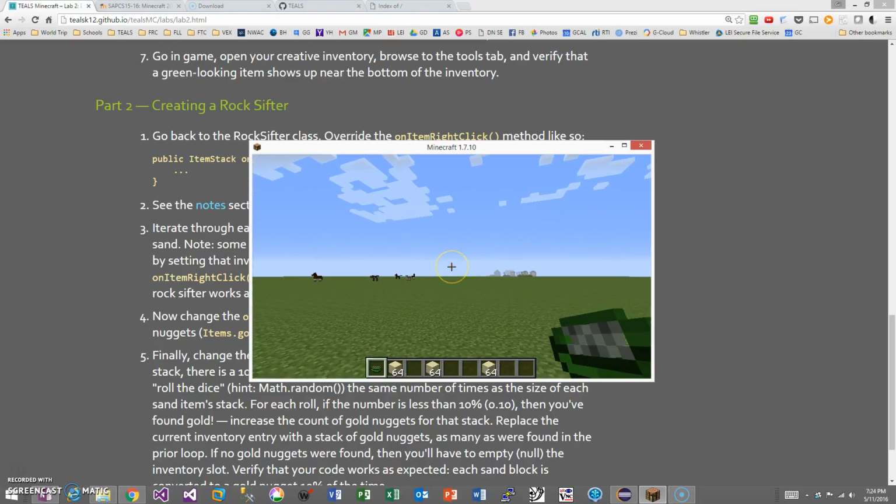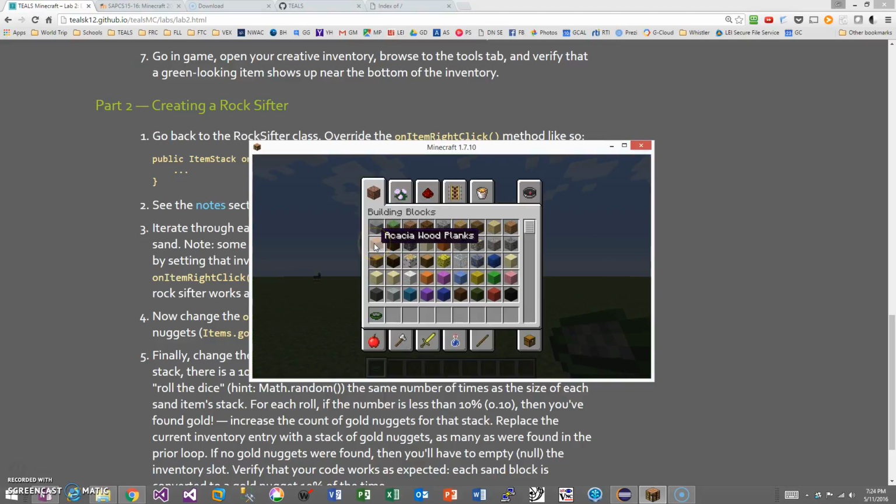Notice in the hotbar here that your rock shifter is selected. If the rock shifter isn't selected, then it's not going to call the on-item right-click method. So if I right-click here and everything works, you notice that it automatically cleared out all the sand in the inventory. And it should only clear out sand. If I come in here and put in acacia wood planks and then some sand, put in some other items,